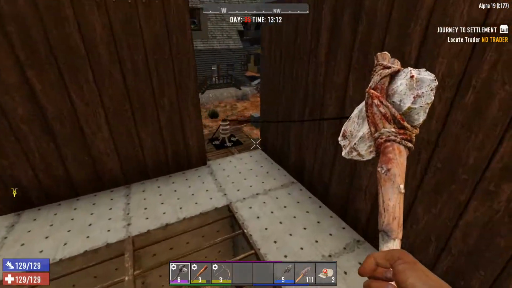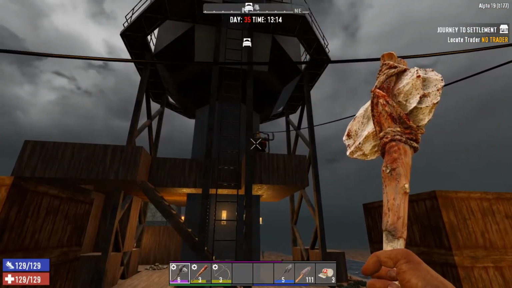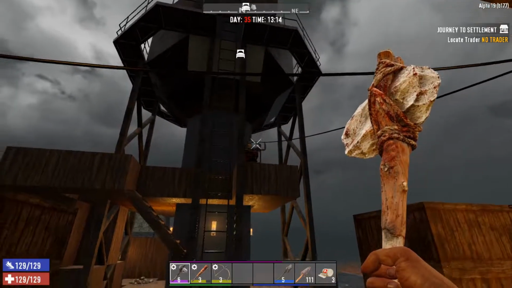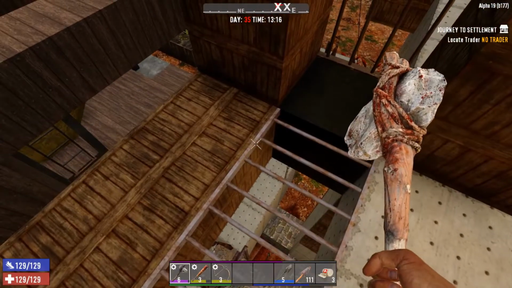Well, there you go. That is the new base. We're kind of at the limit of my current generator. It's only got 3 engines in there. I mean, I built 2 cement mixers for 2 more engines, so...